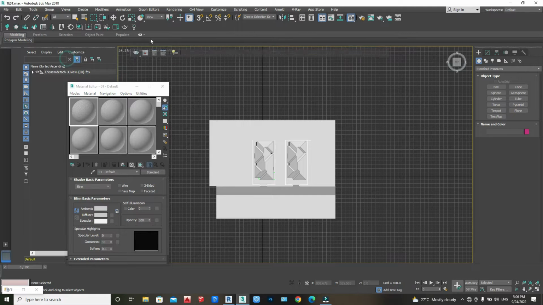Let's drag this and put it into position. That's the V-Ray